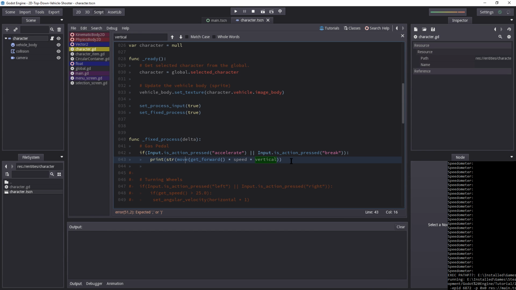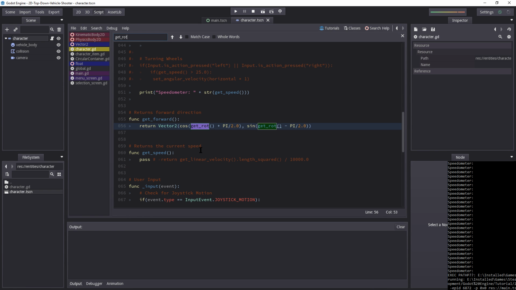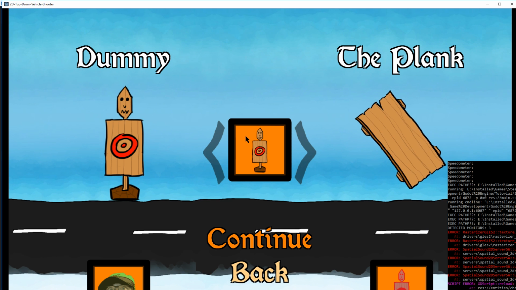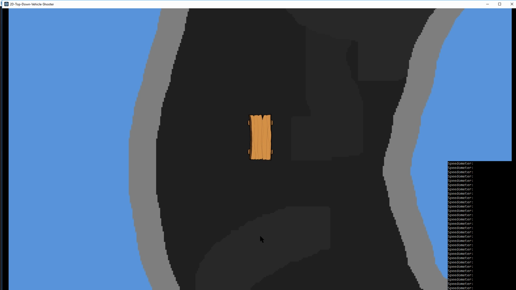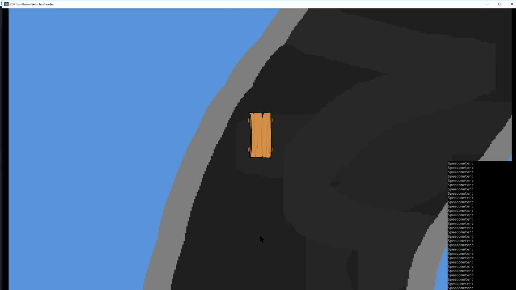So move get forward. Remove that. Remove that. Now it should work. Hold on, what does get rotation do? Okay, it's a thing built in. Okay, now we go. Haha! Now the acceleration, as you can see, is instant. There is no...